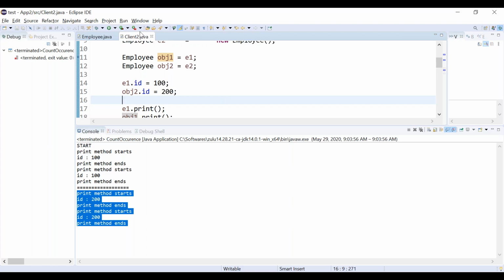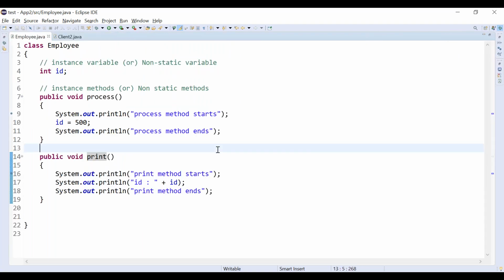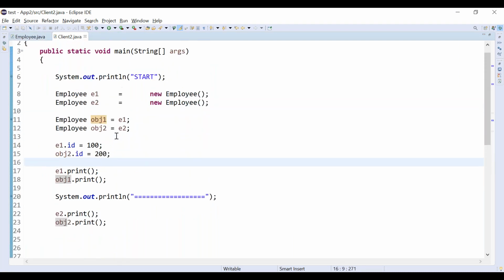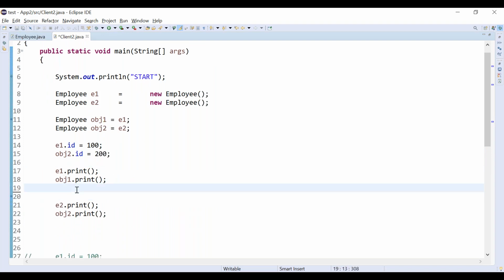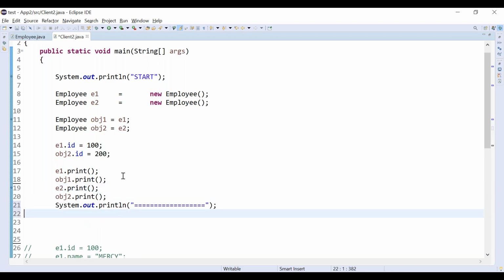I am going to make it a little more complex. Now I am going to call the process method on the first particular object. First I am printing something. Consider I have printed everything. Now I am printing some dash lines.